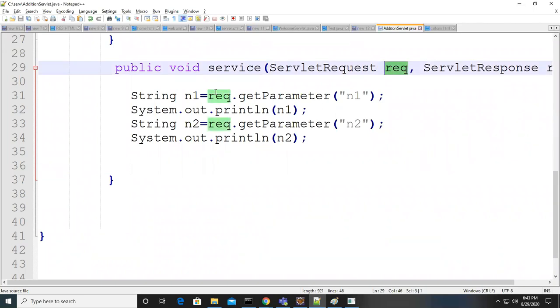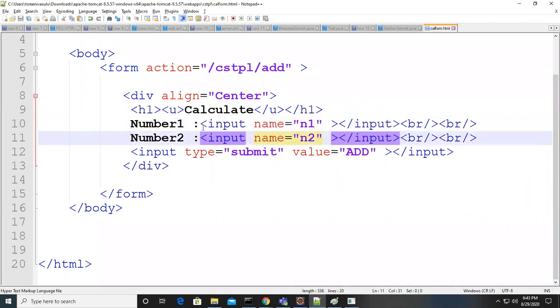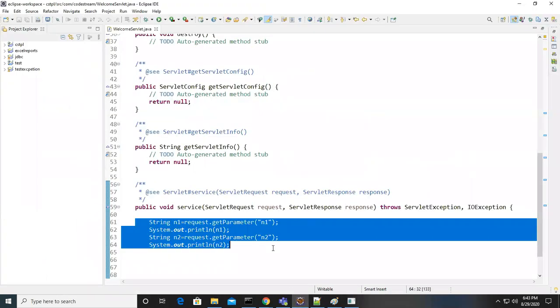From the request object, we capture the input data by using request.getParameter. The only thing is, for all input values you design in the form, you need to give unique names, a name for each input field. From that you can capture the values by using the name.